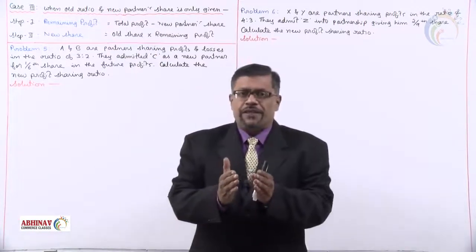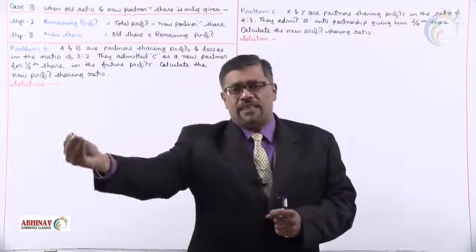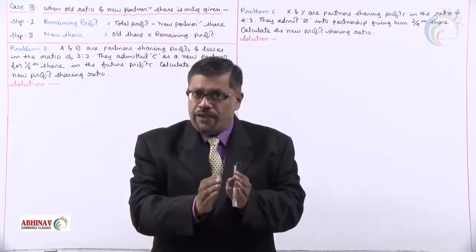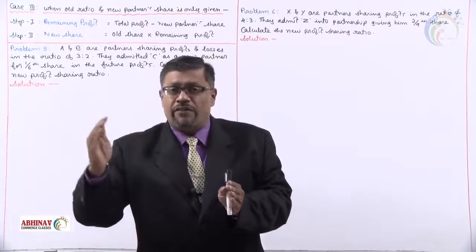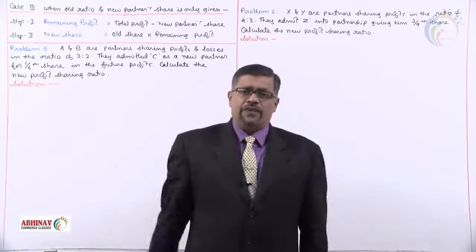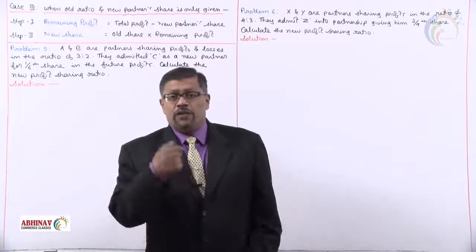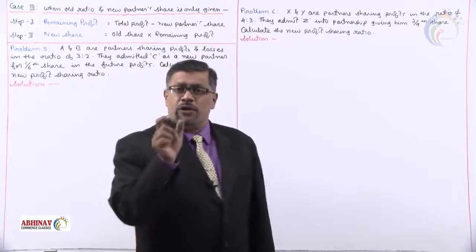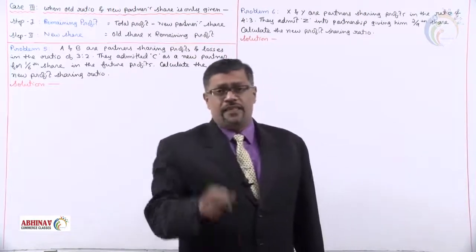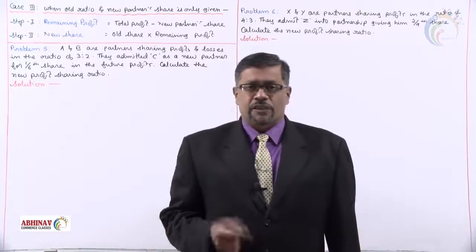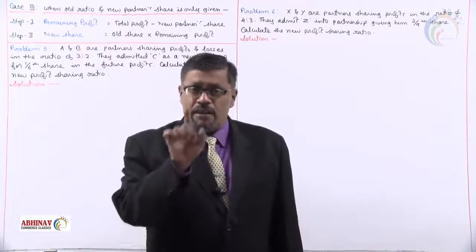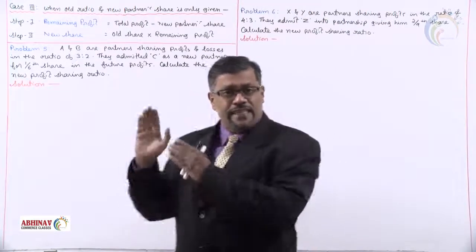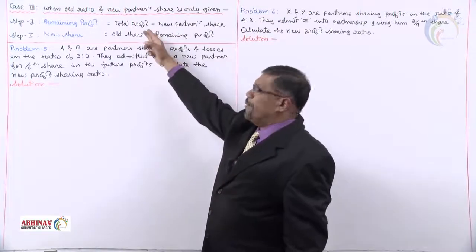Now, total profit. Say for example, the new partner share is 25%. Of the total profit, the new partner is given 25%. How much is the remaining profit? 75%. Because when you talk about percentage, what we do is 100 minus 25, because for percentage, 100 is the base. Now when you talk about fractions, should we minus it from 100? The base for fraction is 1. So always assume that in this case, let the total profit be 1.